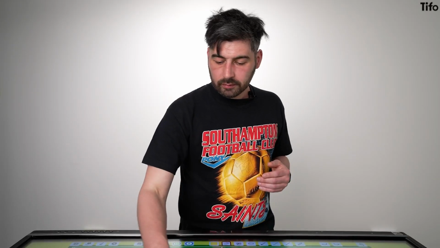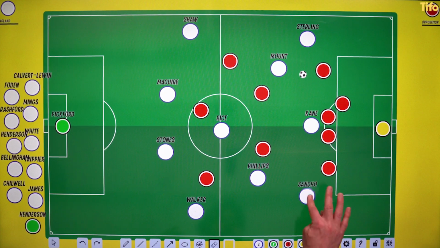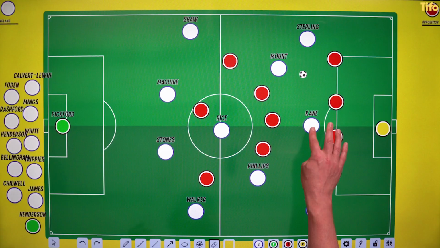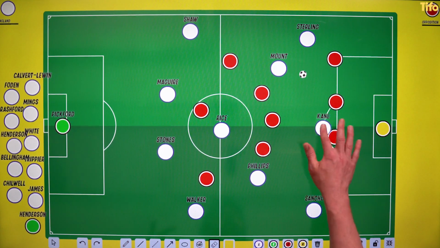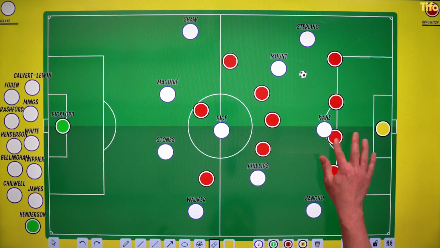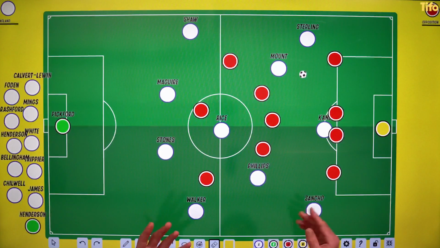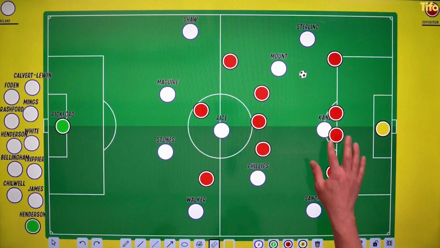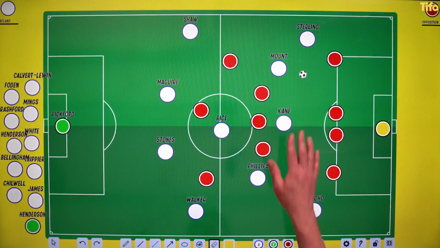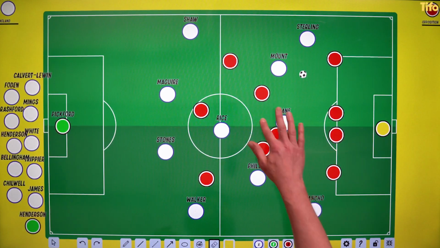So if we've got this slightly staggered system, which is what England will look like as they move the ball through the lines, Kane's great ability is that he is at once such a good striker that opposition defenders are naturally drawn to him and panic about where he is and don't want to leave him alone. But he's also such a good playmaker that if he drops off, opposition midfielders will have exactly the same problems.